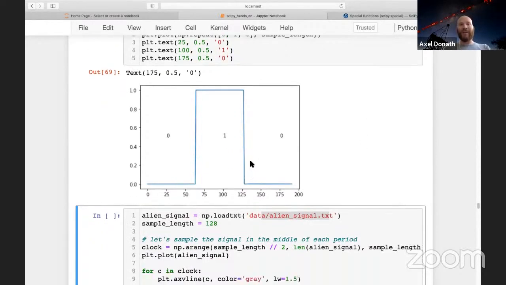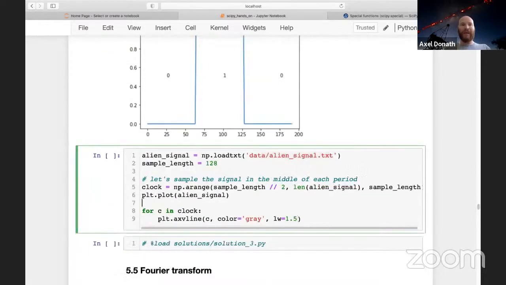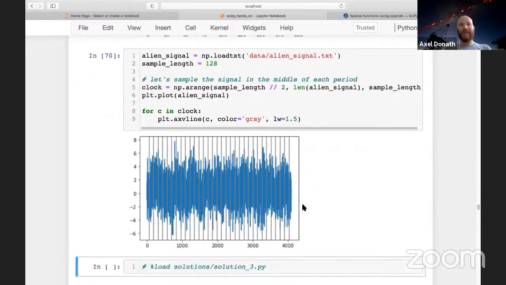So this is what a signal would look like. Here's a 0, here's a 1 when the signal goes up, and if it goes down, it's 0, 0 again. And then the actual signal that we're looking at is roughly what this looks like. Here you can see there's a lot of noise, but there might be a chance to find a signal here if we actually put this